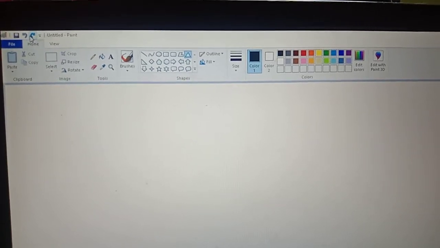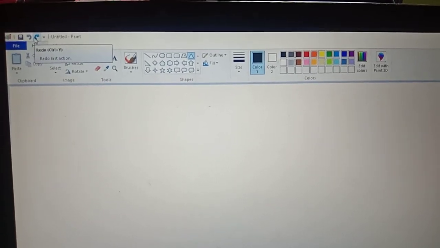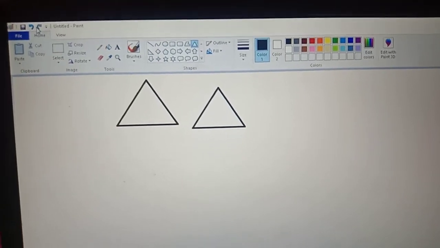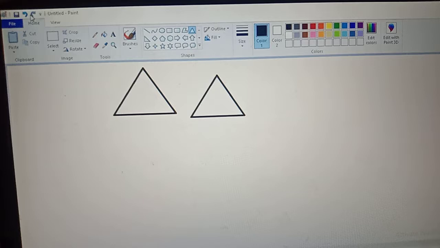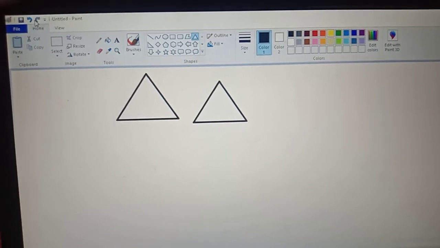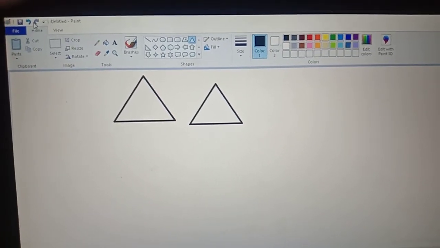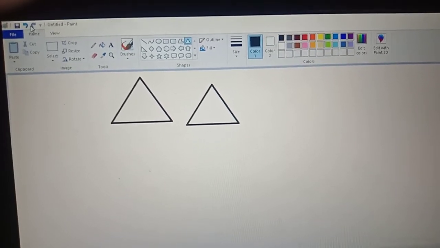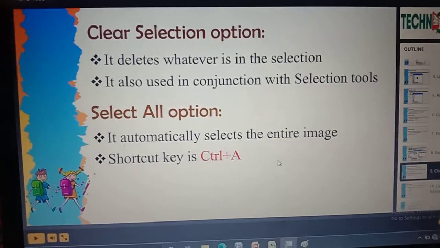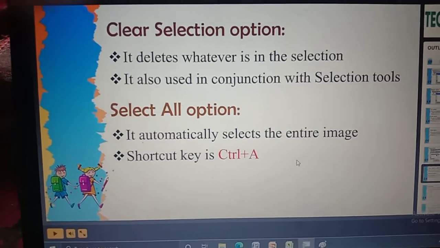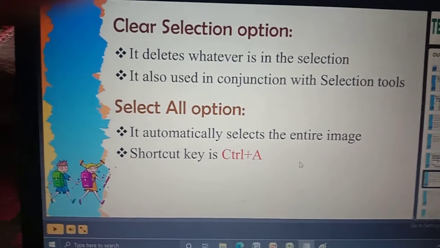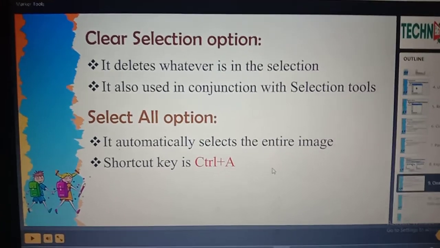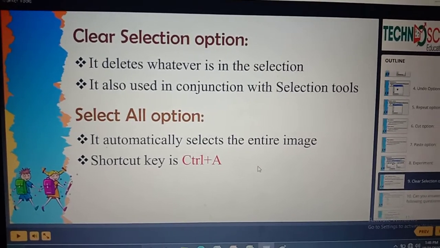Now see what happens if I click redo or repeat. It will repeat whatever I did. So this is the usage of undo and repeat or redo commands in the Paint window. I hope everyone understood by seeing the cut, copy, paste short clip as well as the undo and redo concept. So that's all about this chapter, children.